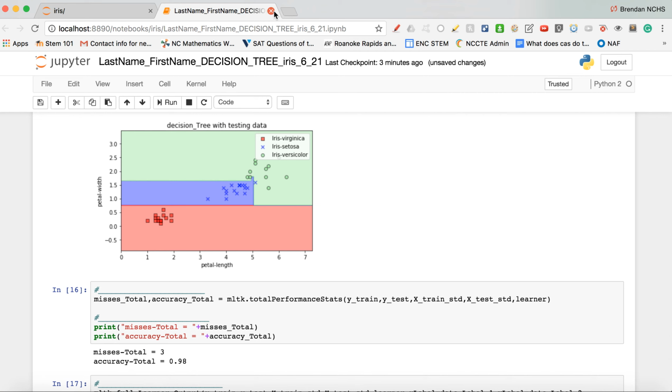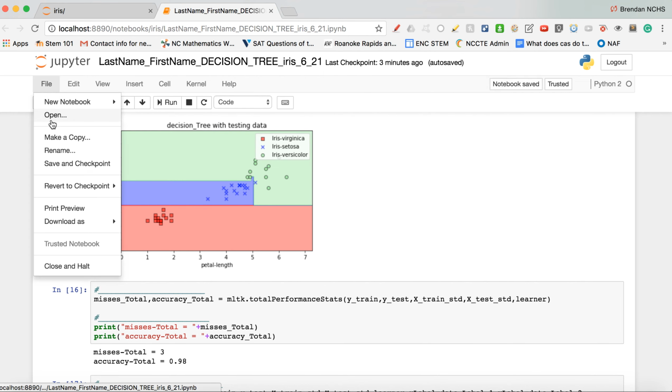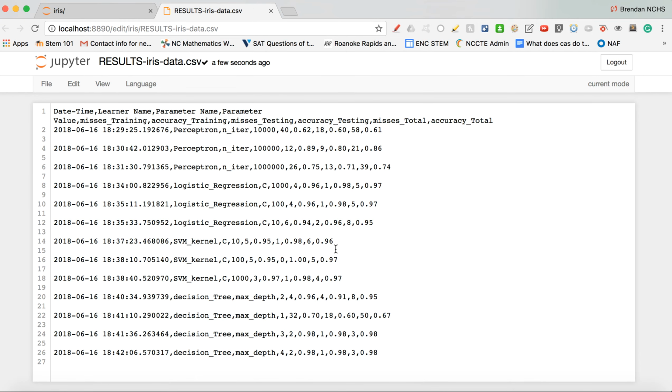So if we look here, we can exit out of here. Oops, I always forget to save it. And another way to save it, just click that right there. That saves it. So we look at our results. Look, this will show you which learner did best with which parameter. And so look, the highest number we have is about our 98, okay? And that was with the decision tree using either a max depth of 3 or 4. There you go. That was kind of a look at some of our first learners. We're going to do the next 3, and then